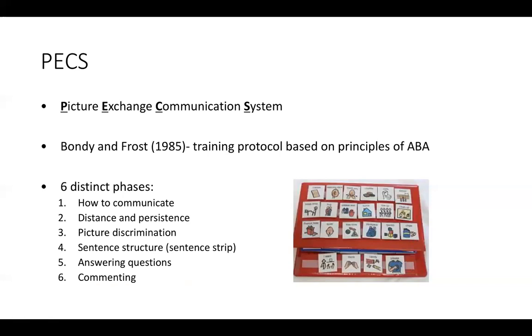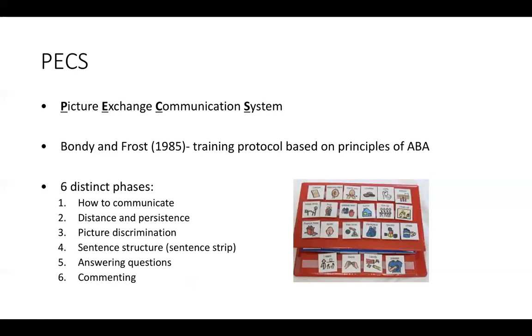Basically what happens is the child sees something that they want, they reach for the item because that's the child's natural response, and then that reaching behavior is shaped into an exchange. In the second phase of PECS, the child still has access to just one picture at a time, but then they have to learn, okay, sometimes the person in front of me has what I want, sometimes I might have to walk across the room and find the person who can get the thing that I want, and so it really teaches persistence. It's not until phase 3 of PECS that a child has access to more than one picture at a time. That's called picture discrimination, and I think commonly most people refer to that as choice making.